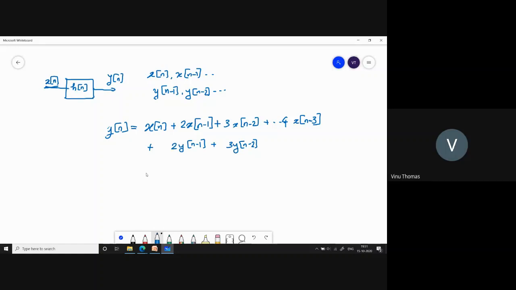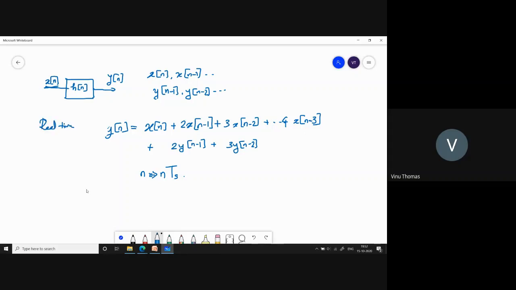Okay, so maybe here n is the discretized time variable. n represents nTs, where n stands for a time index represented by n into Ts, Ts being the sampling interval. Now, let me think of this as a speech processing system. Let us assume that this is a speech processing system, which means you are going to do this in real time. So this filtering will be real time. So this is a real time filter.